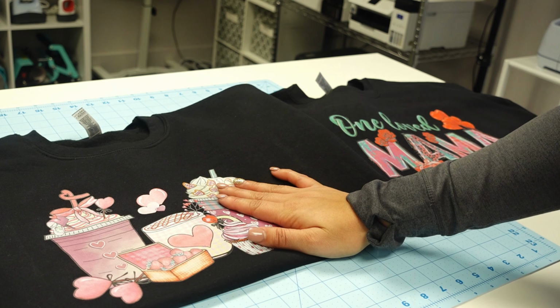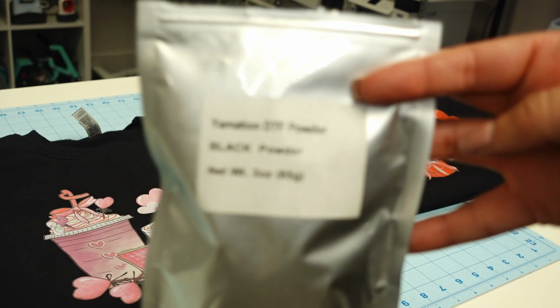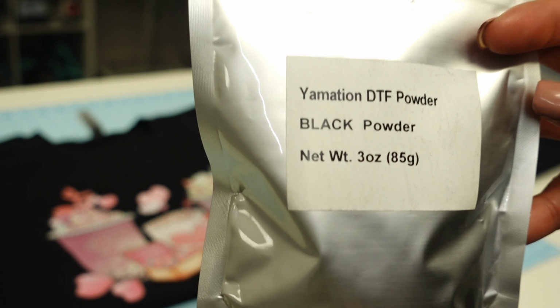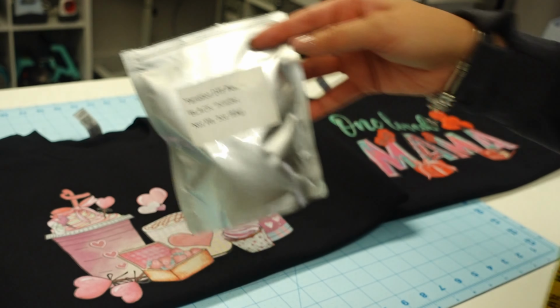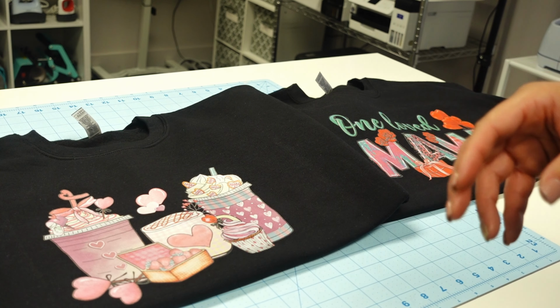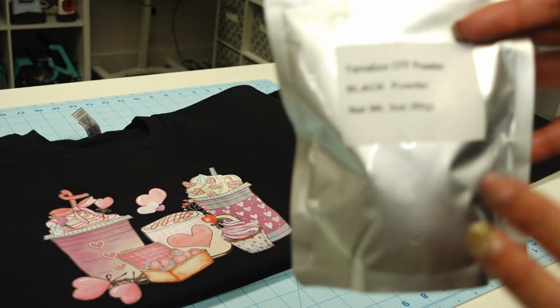So this is the one that was done with the black ink, which is the one that I have. It's the Yamation DTF powder, the black powder, and I did show this in a previous video. It comes in a powder kit, and I'll leave a link for that down below if you would like to try it out. They'll send you 4 different